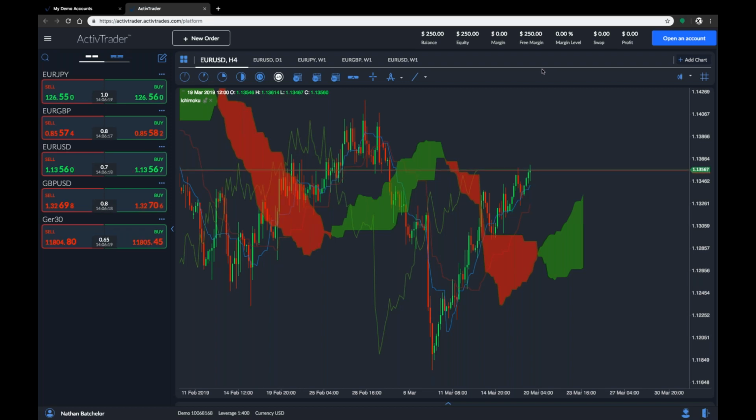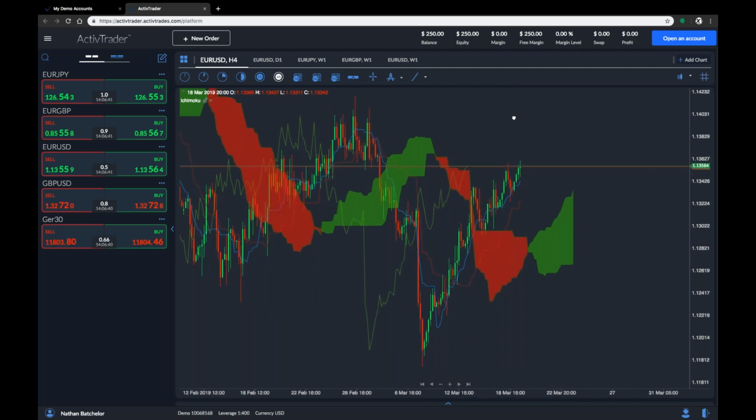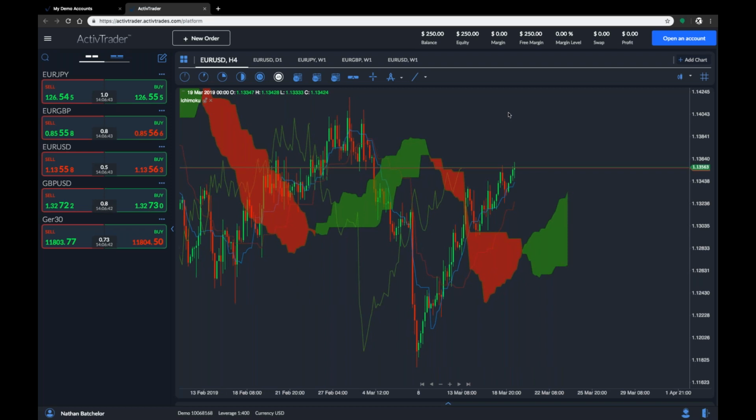They are different from typical moving averages in the way that simple moving averages take price closes, add them up and divide by how many price closes there are. In a 10 period moving average, for example, the closing prices for the last 10 periods are added then divided by 10. Well, the Ichimoku cloud is based on highs and lows over a period and then divided by 2. Therefore, the Ichimoku cloud will be different than the traditional moving averages, even if the same number of periods are used. And you can see here in front of you this Ichimoku cloud as an example for the